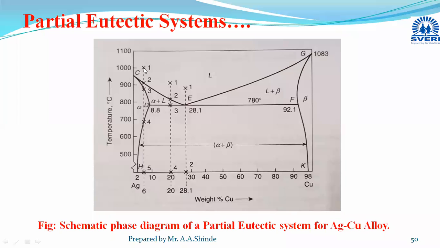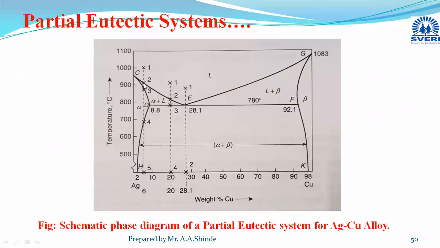Now in this region 1 to 2, during the cooling, when temperature falls, there is no change in the phases. No phase change occurs in this region 1 to 2, and the alloy remains in the liquid state only. And when temperature falls below this point 2, depending on the diagram only you can discuss it.